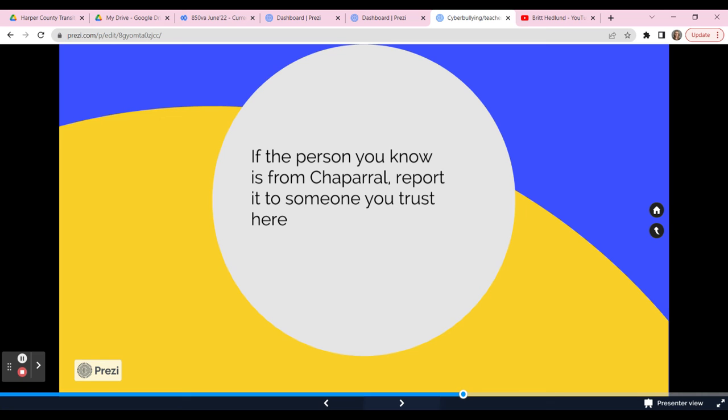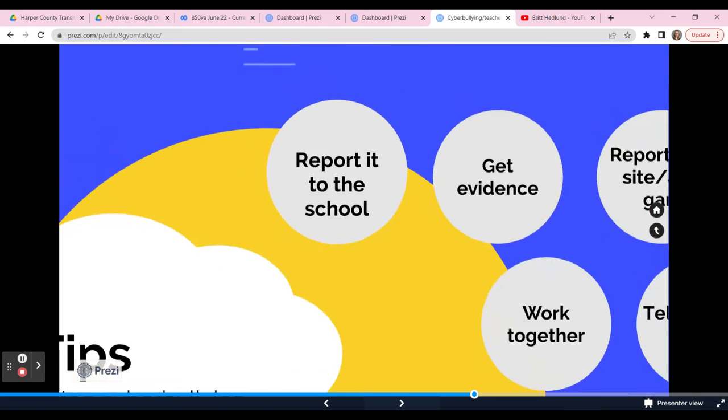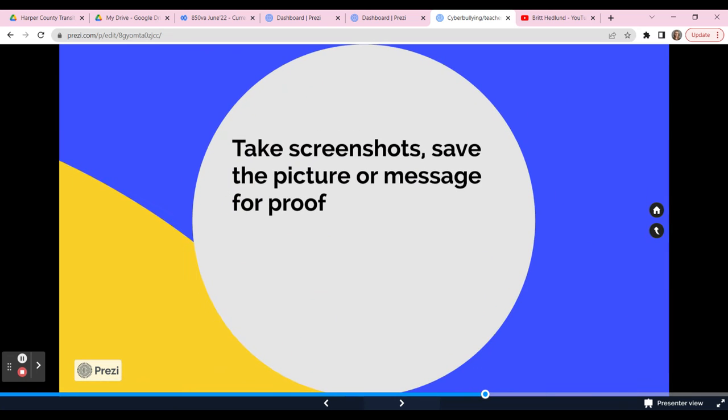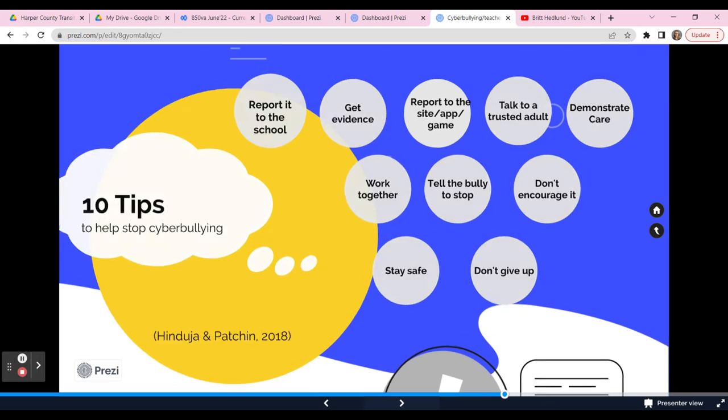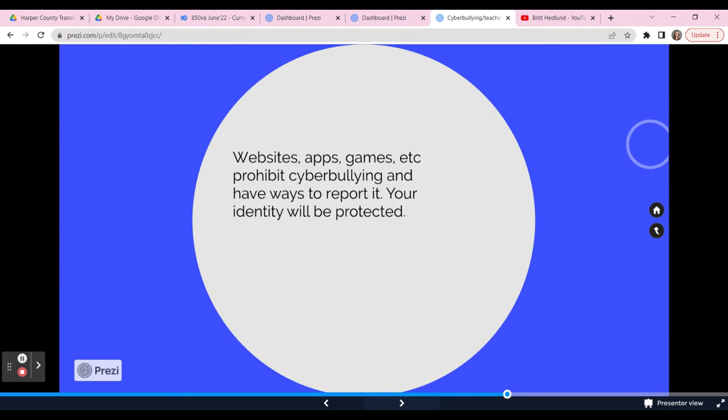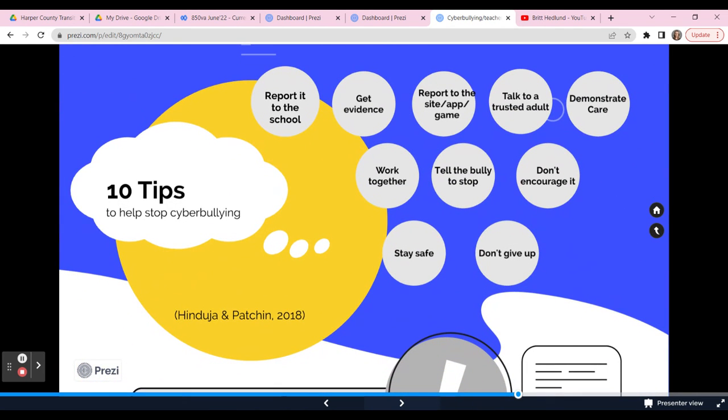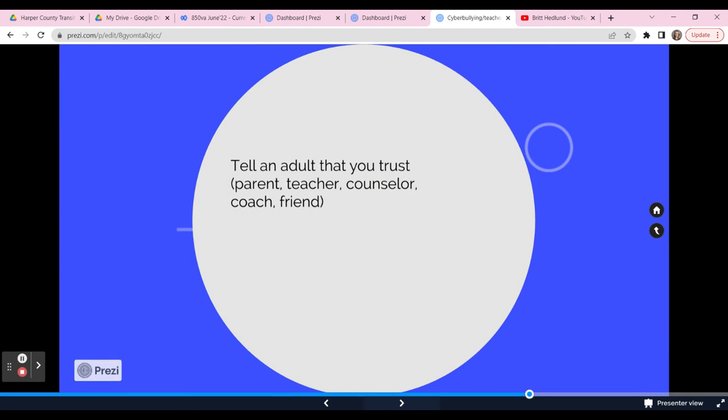If the person they know is cyberbullying is from Chaparral, they need to report it. Getting evidence like screenshots and saving pictures or messages helps us with proof and helps us with our case. Let your students know that apps and websites and gaming places, they don't allow cyberbullying, they prohibit it, and they have ways to report it where students' identity stays confidential. You need to encourage your students to talk to a trusted adult like you or another teacher or counselor, parent,